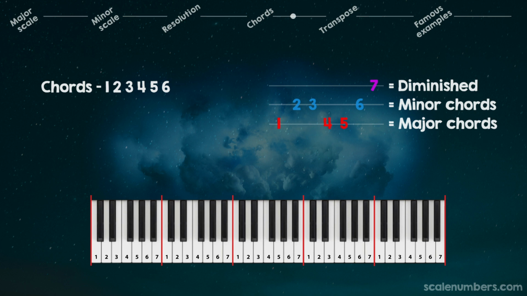The most common chords in modern music are 1, 4, 5, and 6. If you put those in pretty much any order, you're going to get quite a nice chord progression. For instance,